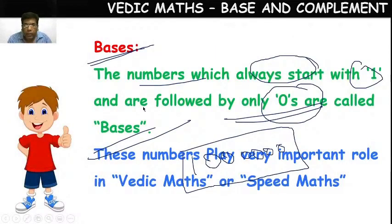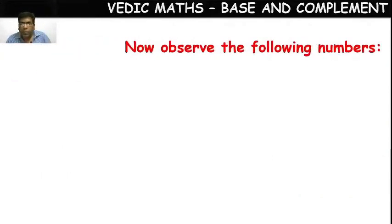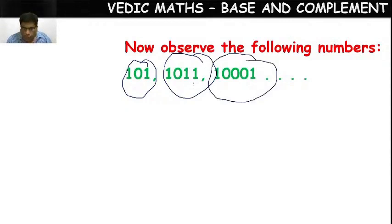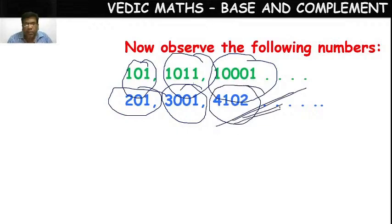What are bases here? The numbers which always start with 1 and are followed by zeros are called bases. Okay, now let's observe some more numbers. This number 101, or 1011, or 10,001, or 201, or 3001, or 4102. Whether we can call these numbers bases or not,